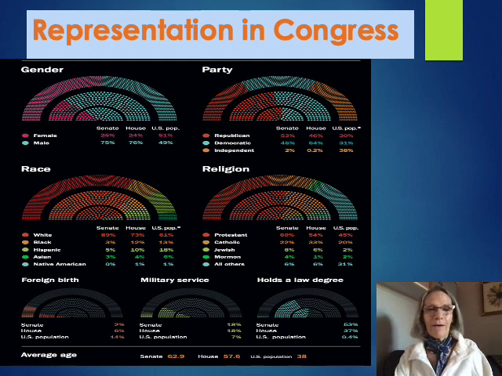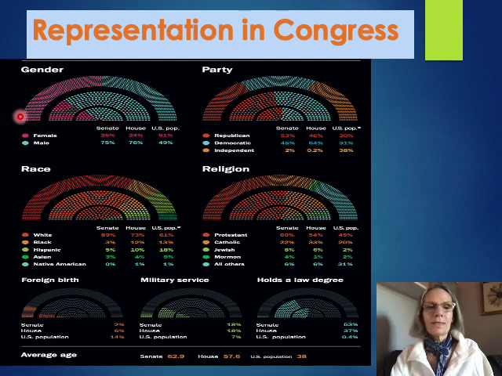All right, so this graph shows you a demographic breakdown of the United States Congress. This is from my American Government textbook, and that's the source of it. The way that you read this graph is that there are three half circles. The biggest half circle is the general population of the United States. The middle half circle is the population of the U.S. House of Representatives. And the inner half circle is the demographic makeup of the Senate.